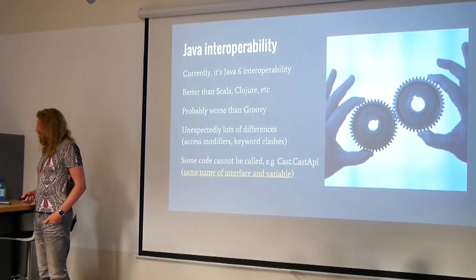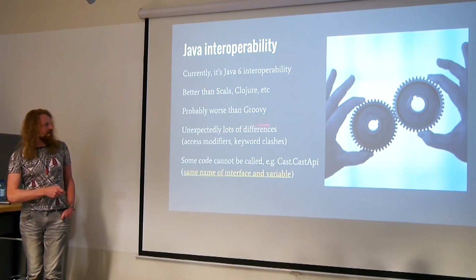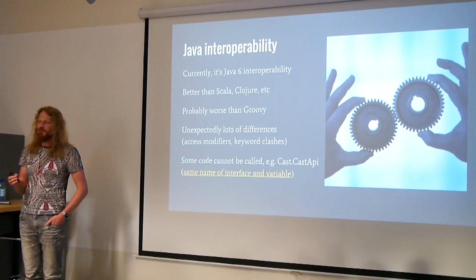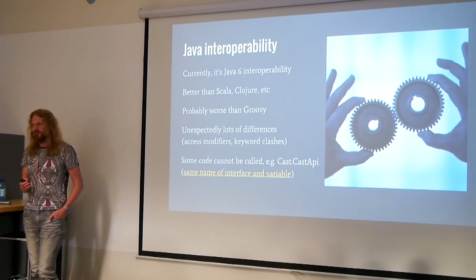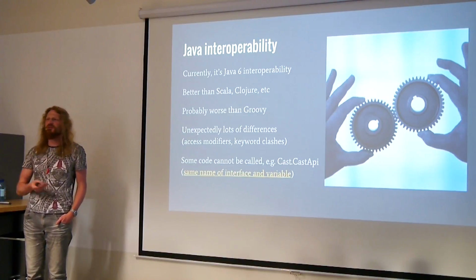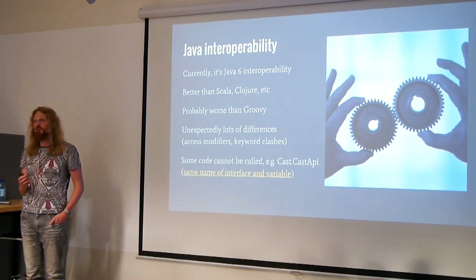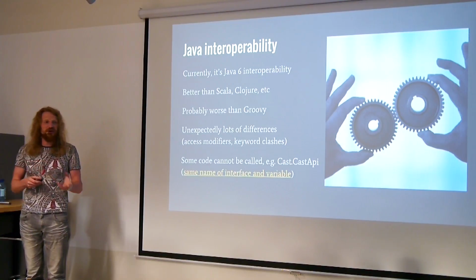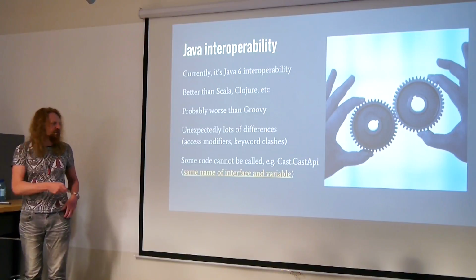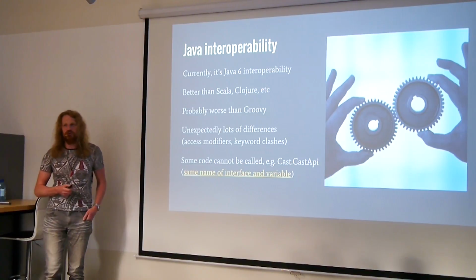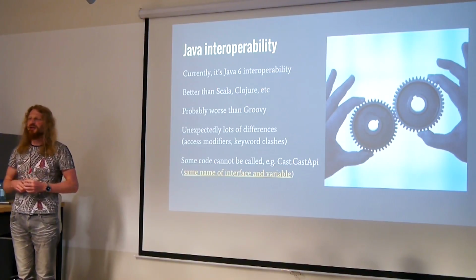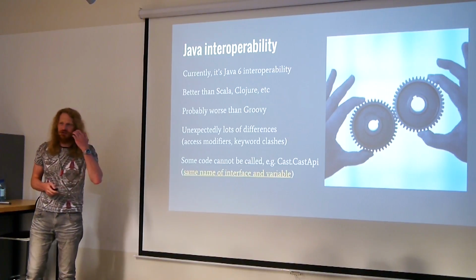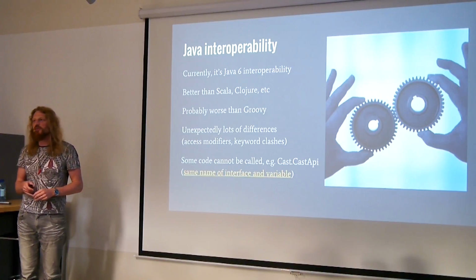So yeah, as I told you already, there are unexpectedly lots of differences with Java. When I first started writing Kotlin, I thought that it's more similar than it turned out to be, like, for example, these return types. So there are some surprises, but usually when you learn how they work, you tend to like them in most cases. There are also some gotchas, like it was said for Groovy, that not all Java code can actually execute as Groovy. There are also some gotchas with the Kotlin compiler, and I have reported a couple of bugs.